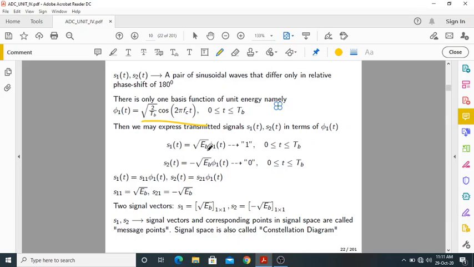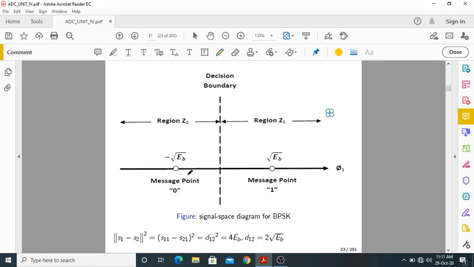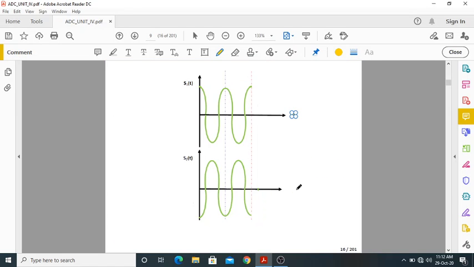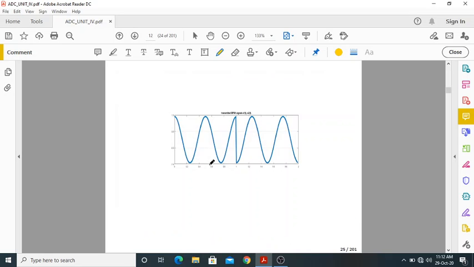We have only one basis function, and these are the signal points, not vectors, because it is one dimensional, simply a straight line. So, this is the constellation diagram or signal space diagram, which includes the message points. The distance between these two message points is 2 times root EB, and the square of the distance is 4 EB. Now, these are the two waveforms, S1 of t and S2 of t,